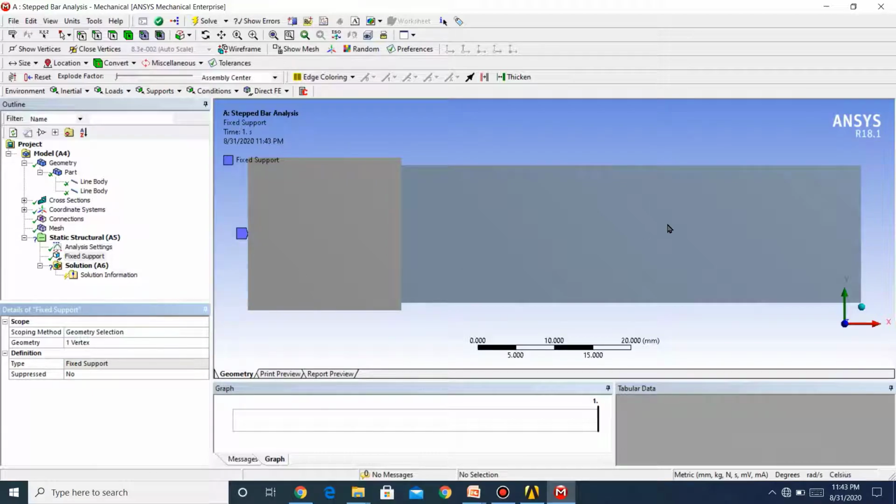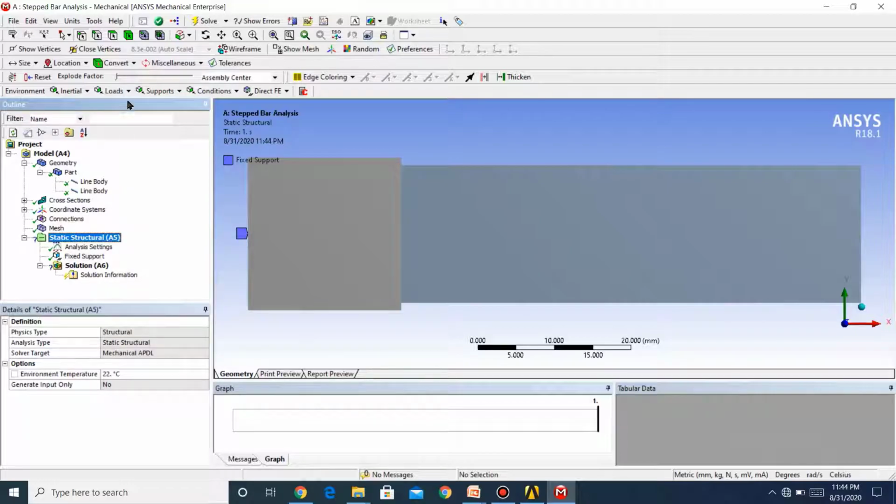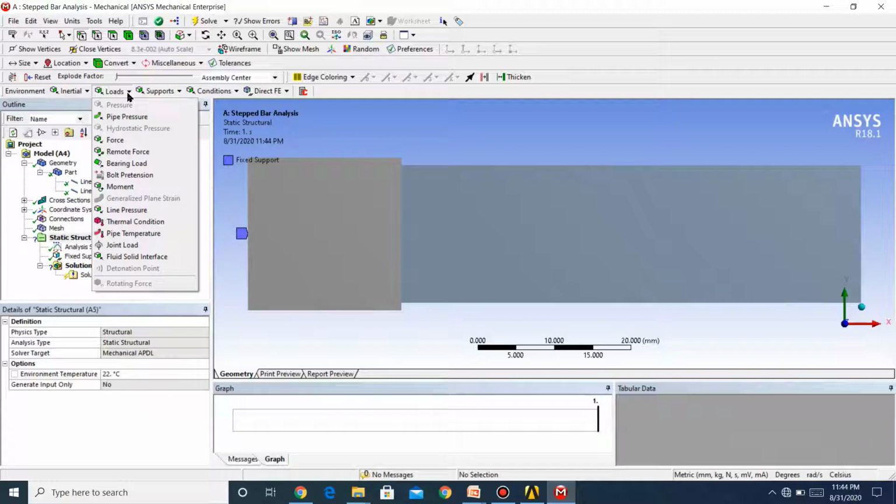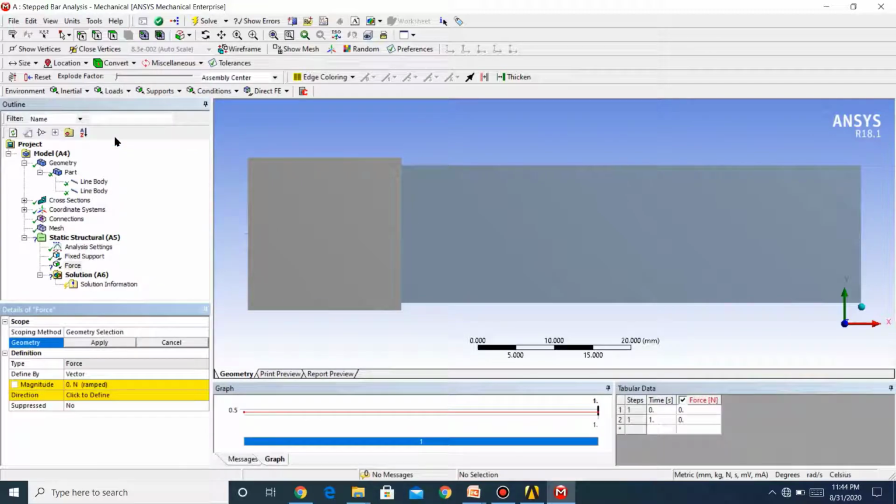Now again we know that the force is acting here along the axis of the bar on the right hand side. So again select static structure, then loads, then force, then select the vertex and apply. In this case we want to define the force by means of a component.